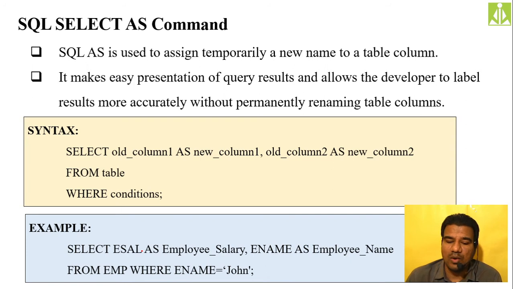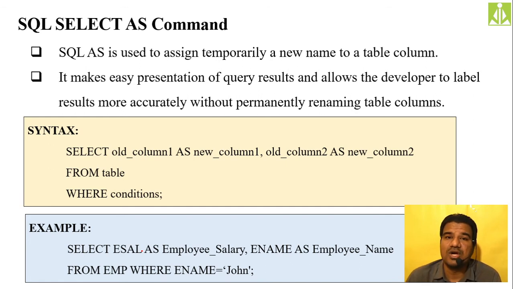So over here, select old column name AS new column name, and like that you can select multiple columns as well, by changing the names temporarily. When you are selecting multiple columns, simply put the comma separator in between, as we used to do. Columns must be separated with a comma separator, that we know. It is the rule in the SQL language. So the same thing we do over here also.